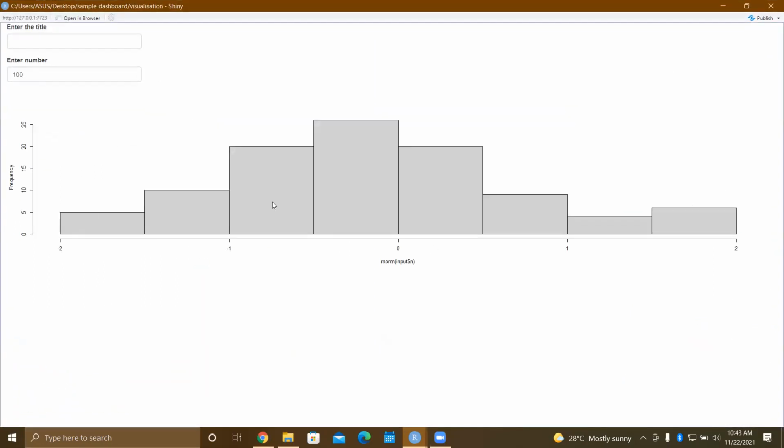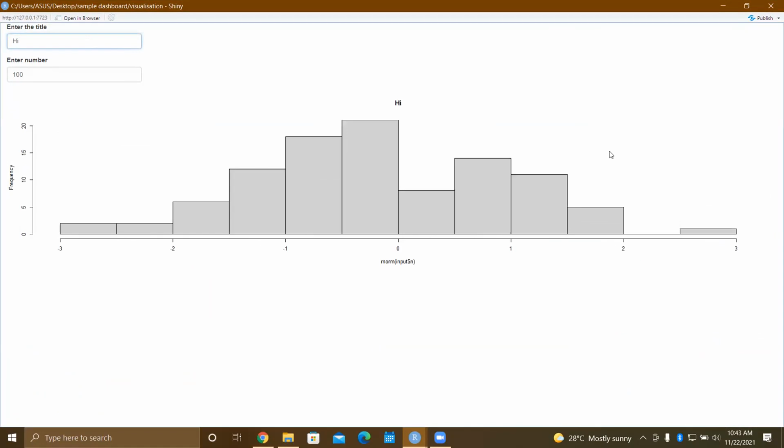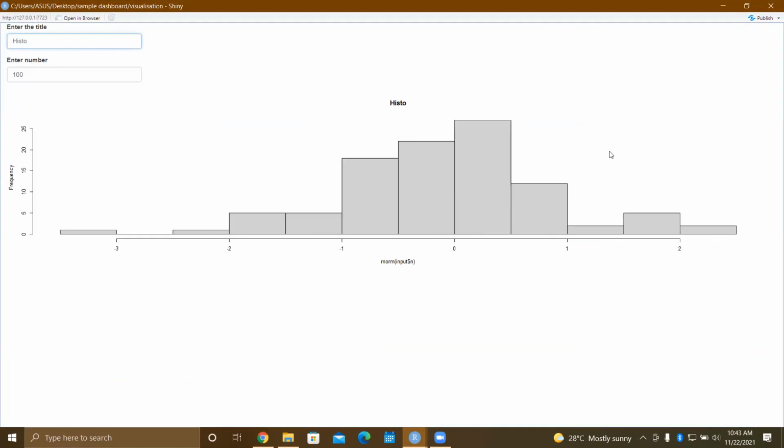So this is the histogram plot of the 100 random normal variables. So let us give it a name. Let's say histogram. You can see what is happening here.